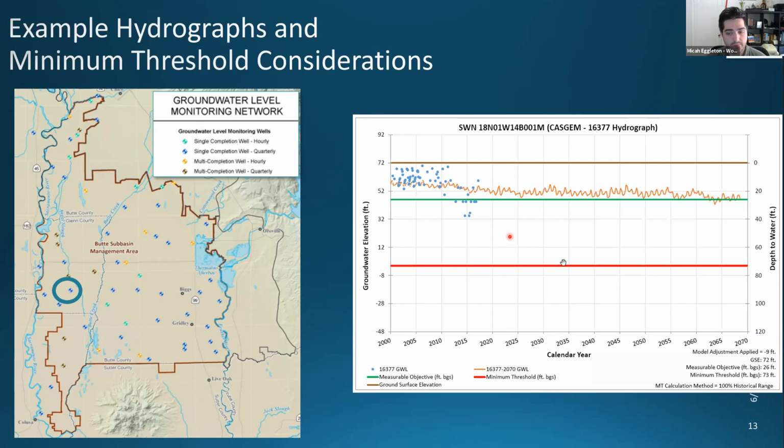The 2015 drought is included. We see that right here with these 3 dots. And that's intentional for two reasons. One, it's a drought period and droughts happen. It's cyclical, right? So we wanted to provide a measurable objective that is realistic over the long term. We've seen drought conditions in the past. It helps provide a little bit of context for where we want our goal to be in the future.